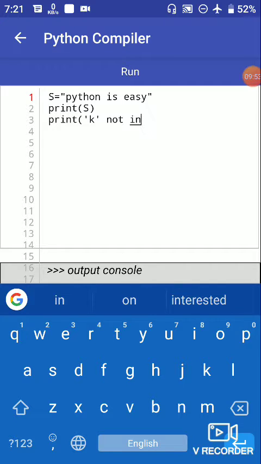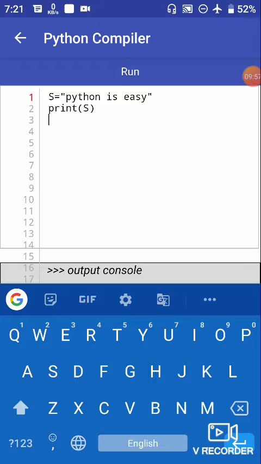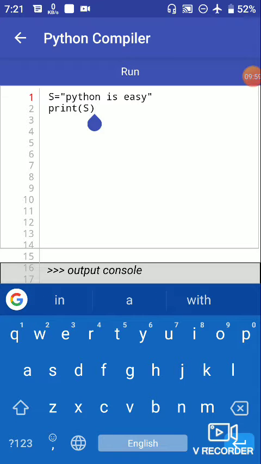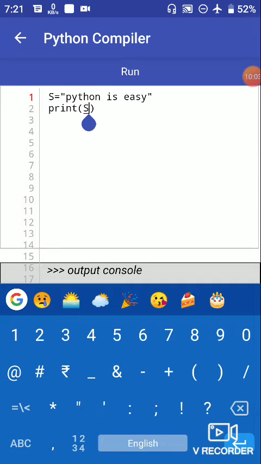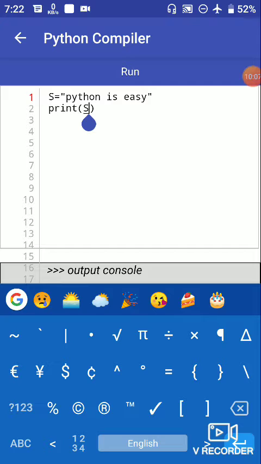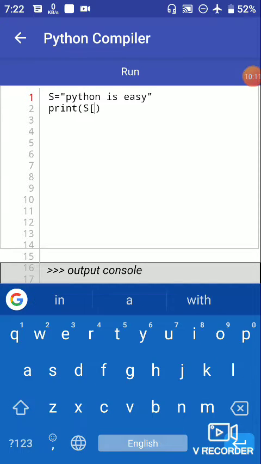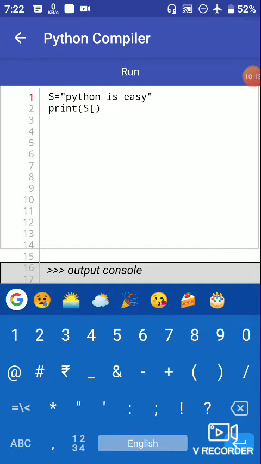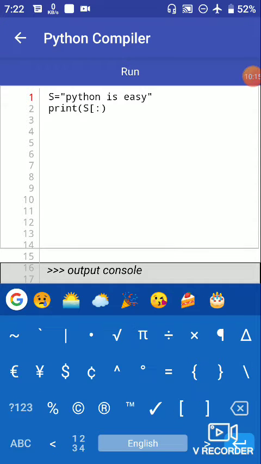So slices, s, and between square brackets the indexing, then colon, and watch what happened.